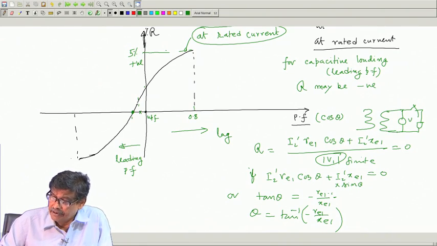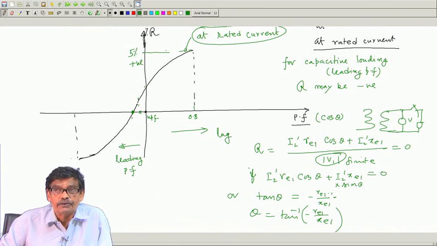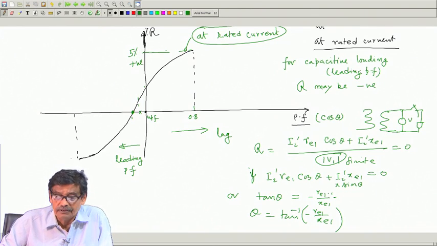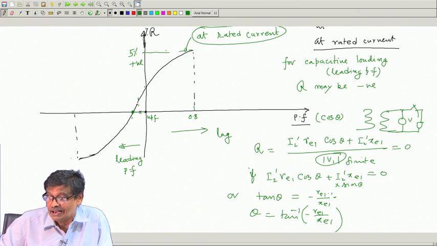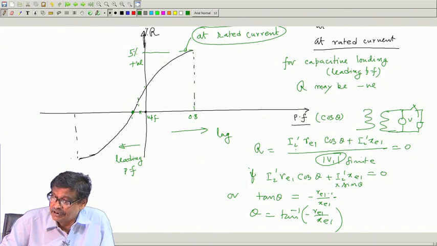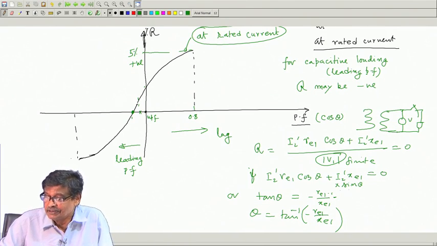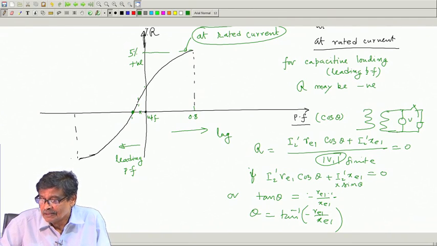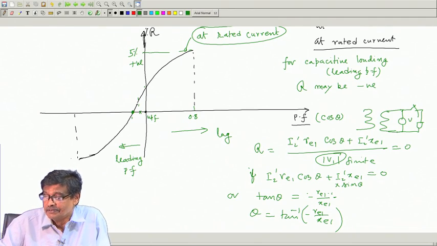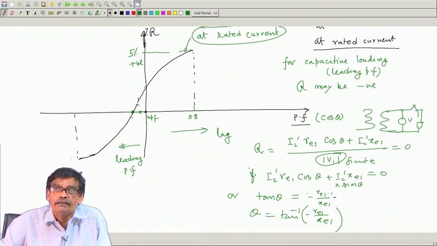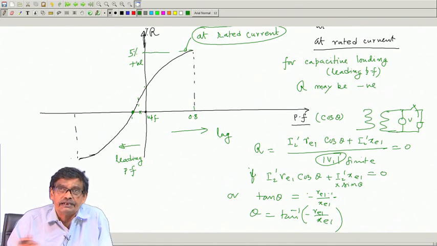Therefore, the regulation of a transformer we have understood. The regulation concept is otherwise very simple. You directly load it, but directly loading a big transformer in the lab is out of the question. Therefore, these simple algebraic expressions come very handy and are easy to remember. Tell me what current the transformer is delivering, at what power factor, and I will be able to tell you the change in voltage.